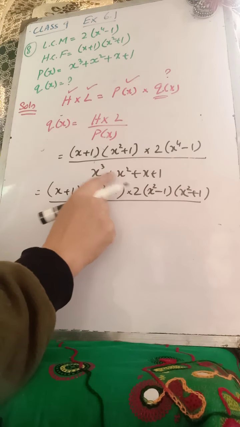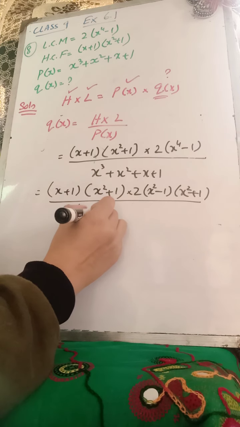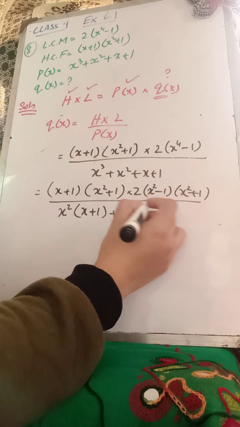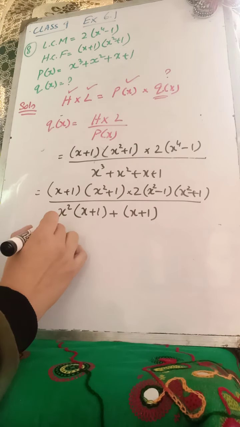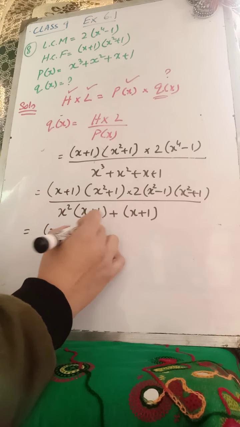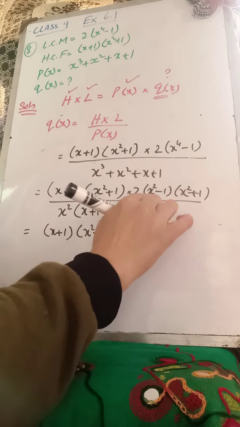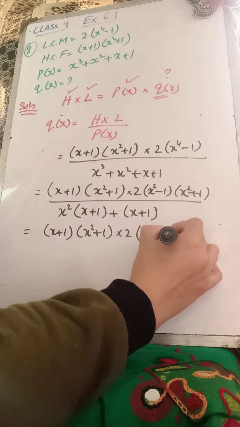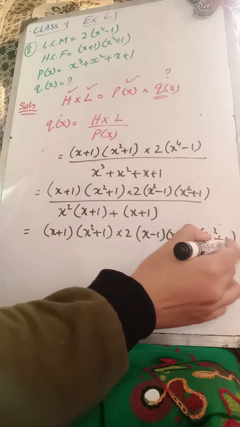Now to factorize the denominator, I will take x square common from the first two terms, and I am going to get x plus 1 plus x plus 1. Now x plus 1 into x square plus 1 into 2. Over here x square minus 1 will be x minus 1 into x plus 1 into x square plus 1, over